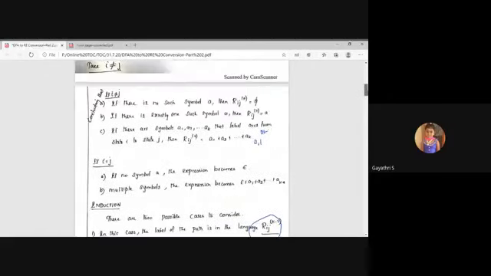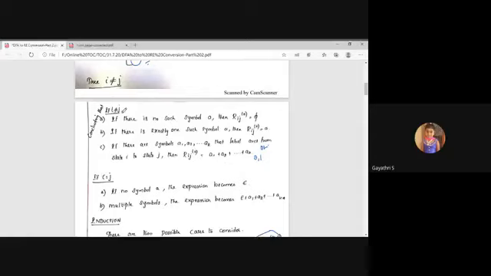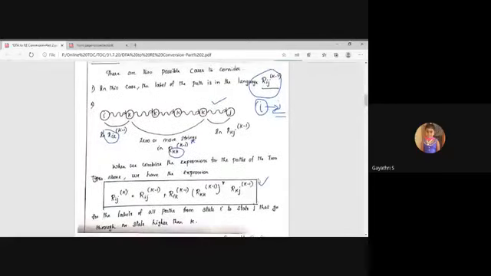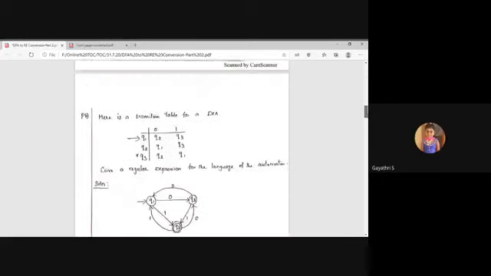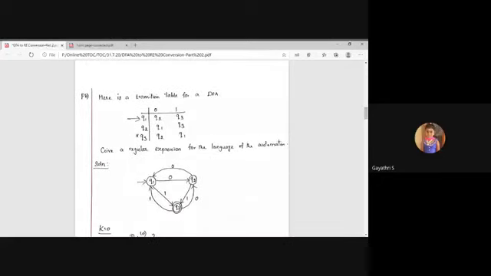What does the basis part mean? There are two cases, i not equal to j and i equal to j. The induction part means the collaborated formula. So these two things play an important role in solving your problem. Next, coming to the problem. One more problem. This is your problem.